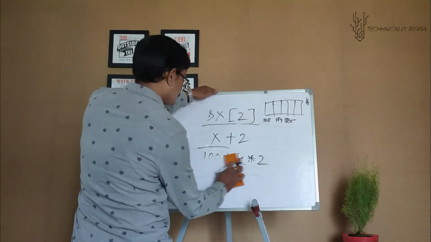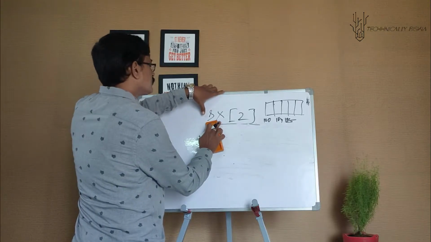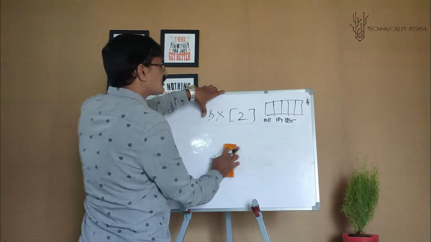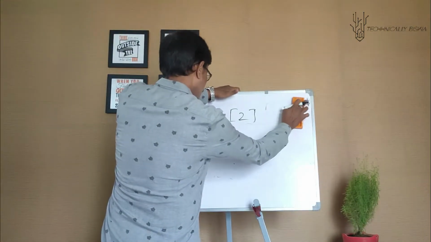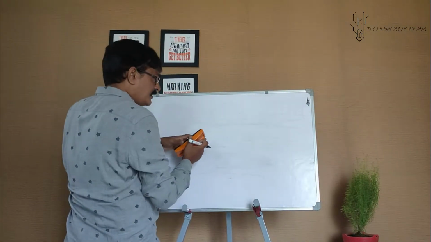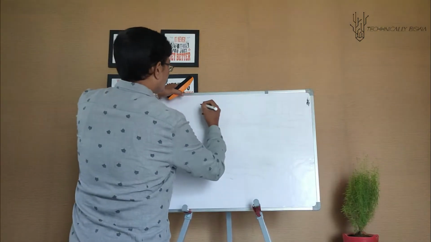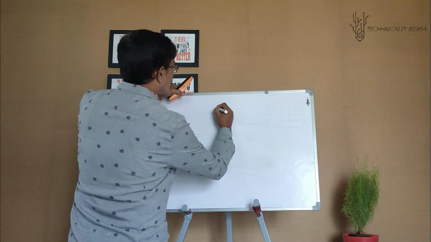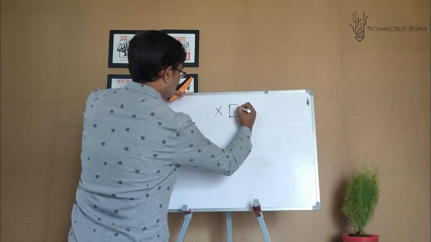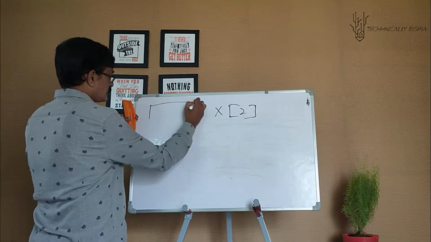Same way, when I accept values into the array, I use this statement, so instead of using this, I can directly write x plus 2. Similarly, when you display a value from the array, what do you write? You say printf %d, comma x of 2, suppose. The value at that location you want to print. Now assuming this is your array.